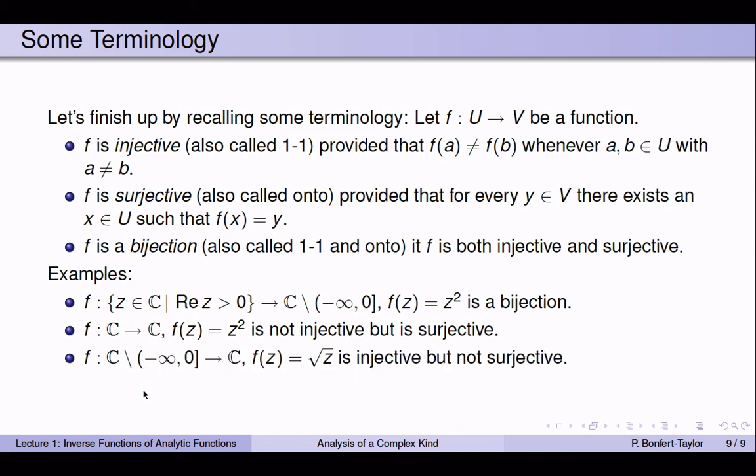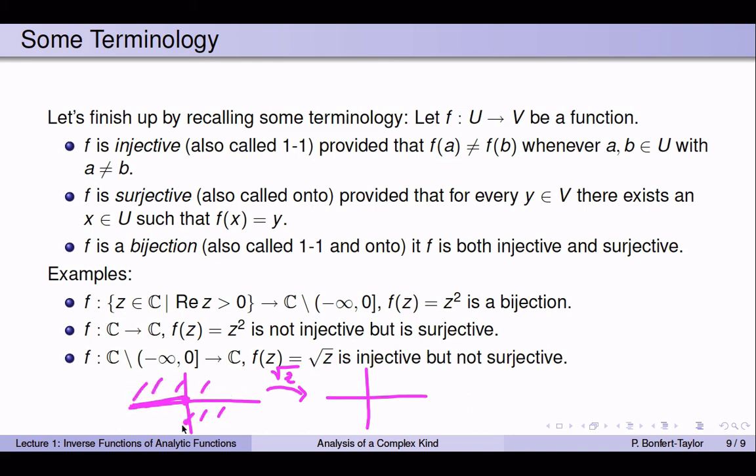Finally, if I do restrict my u to c minus the negative real axis, and I allow v to be the entire complex plane, and I look at the function square root of z, I know that function is injective. No two points get mapped to the same value over on the right-hand side on the square root of z, but it is not surjective because all of